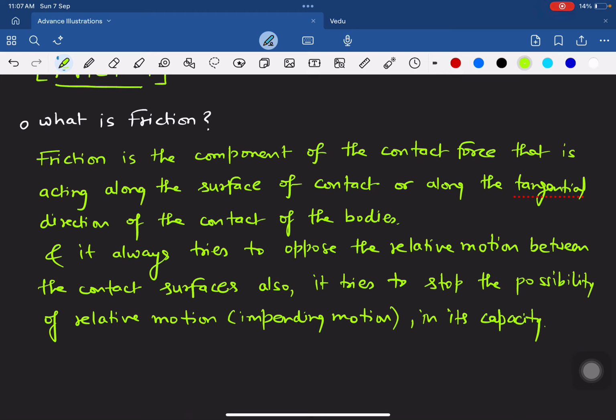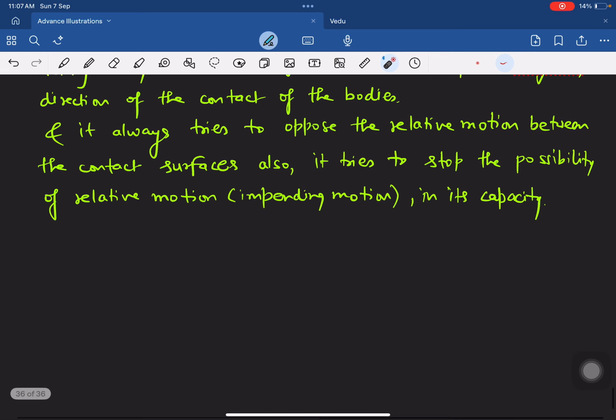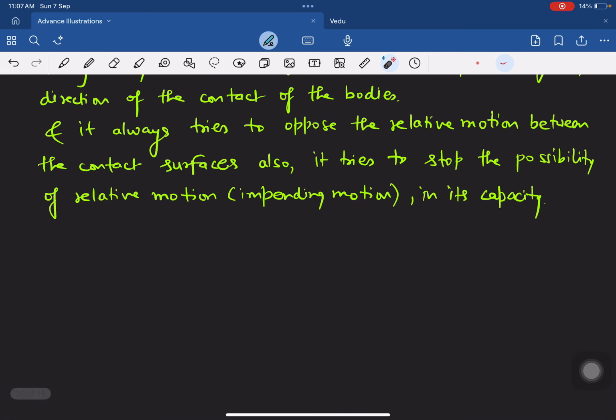I am repeating again: friction is the component of the contact force that is acting along the surface of contact, or along the tangential direction of the contact of the bodies. First let's try to understand this portion only, what does it mean. Suppose you have a body of mass m placed on a rough surface. If I apply some force,